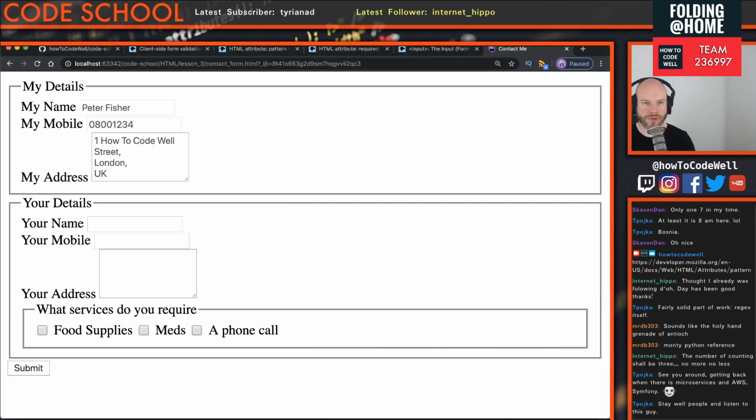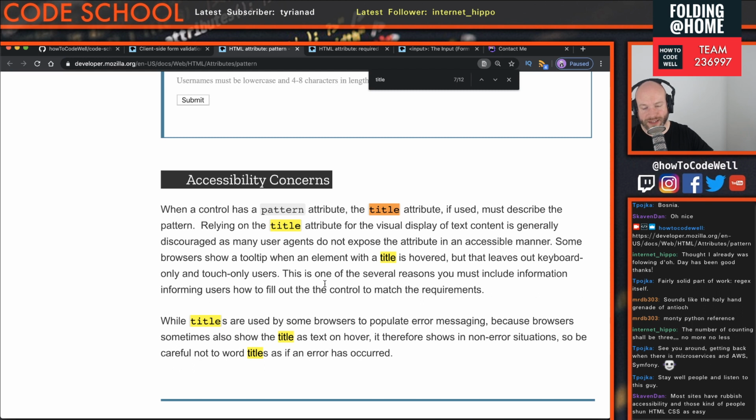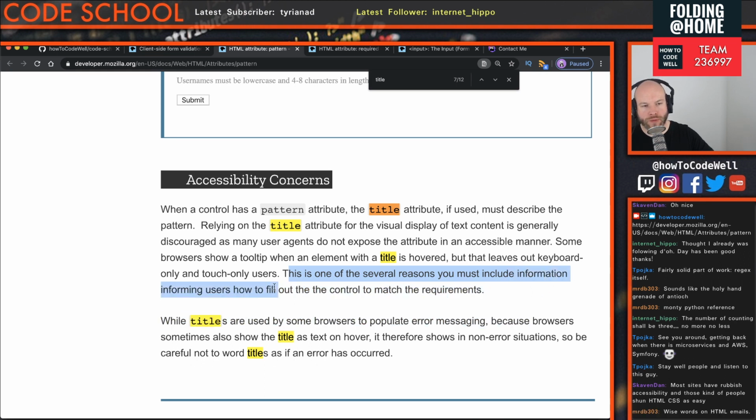Let's go back to the docs. CSS is easy. Exactly. Totally agree with you, Scavendan. Definitely. Okay, so this is one of the several reasons you must include information informing users how to fill out the control to match the requirements. While the titles